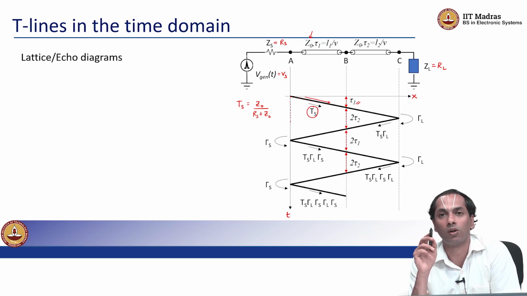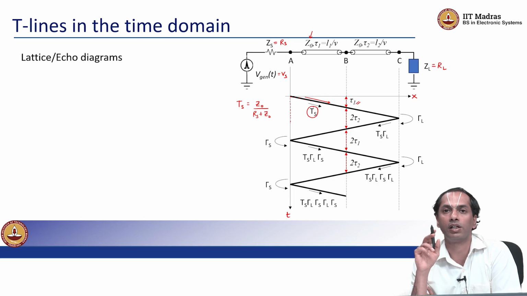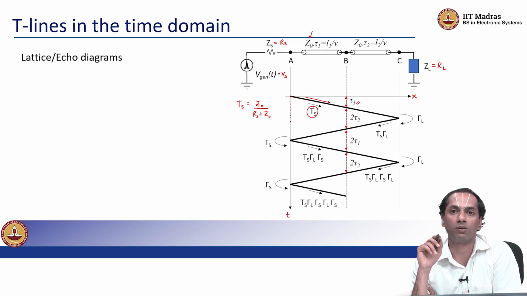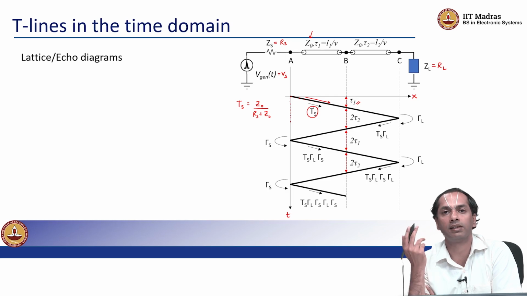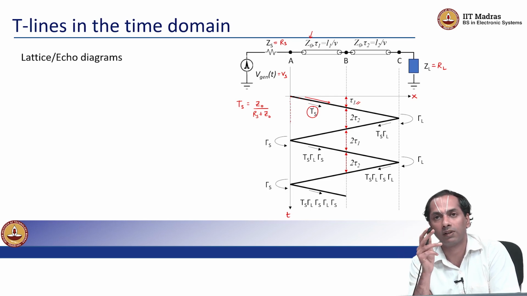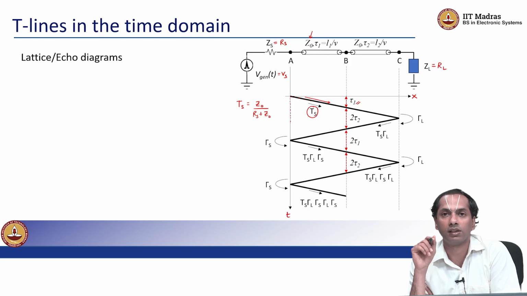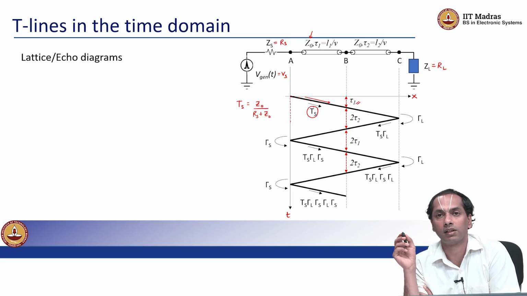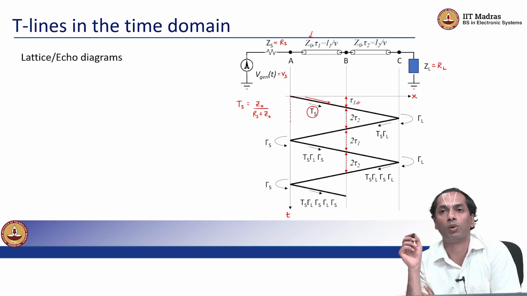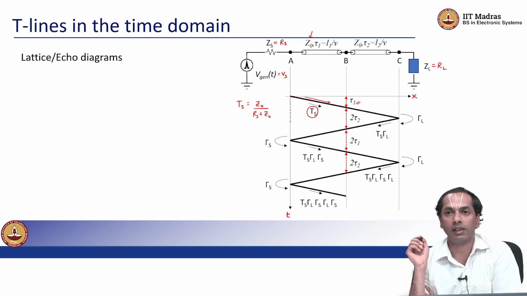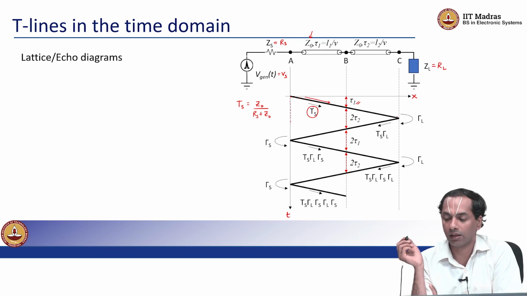This 1 volt, not all of it first enters the transmission line, right? A ratio of 1 volt times Z naught by Rs plus Z naught moves. So, let us say that Rs is equal to Z naught. So, we have a half a volt voltage that is appearing consecutively at locations in the positive x direction at future times, right. Slowly that plus 0.5 volts is appearing at all points along the transmission line, and the time of arrival of this 0.5 volts at B is tau 1, and then it takes a further time tau 2